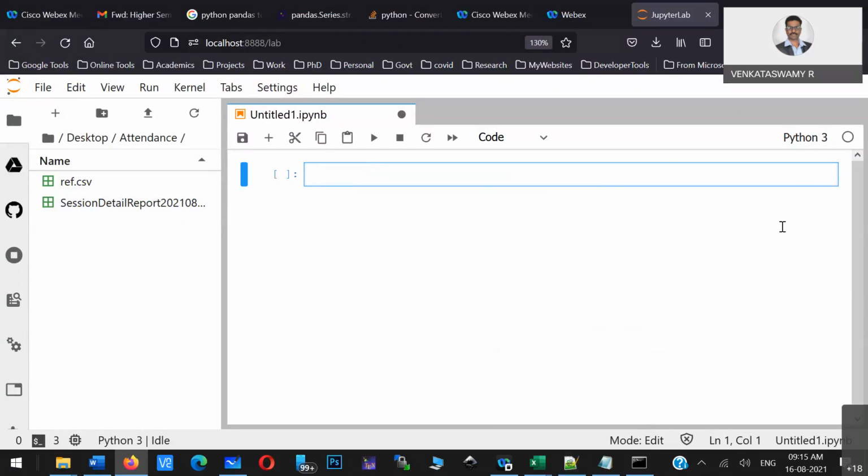Yeah, you can automate. See, the idea is this. For example, we are all taking classes, and at one point of time, in the back end, fetching that report, finding the absentees and updating your attendance in KP, all these things should happen.